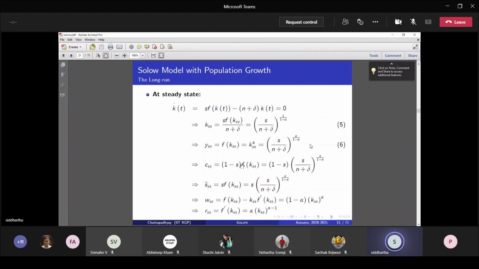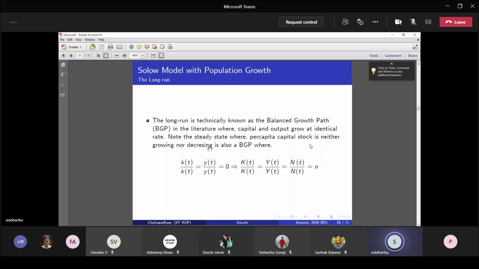If you can remember, higher population growth rate means lower long run level of per capita capital stock. That means lower long run level of per capita output. So that means poor countries are associated with higher population growth rate. But this particular equation says the rate of growth of the poor country is higher compared to the rate of growth of the rich country, because the population growth determines the long run rate of growth. So had it been long run or short run, the Solow model is always predicting that the poor country should grow at a higher rate than the rich country.